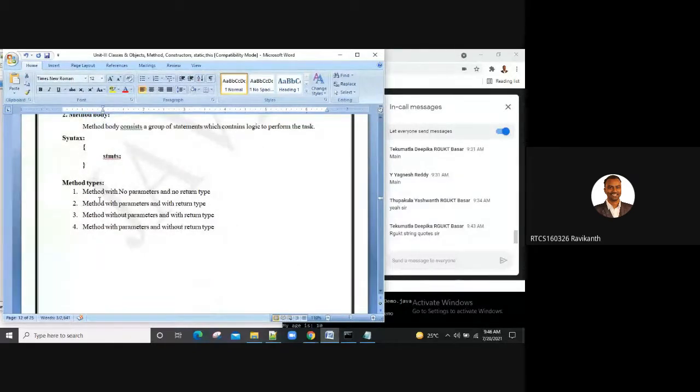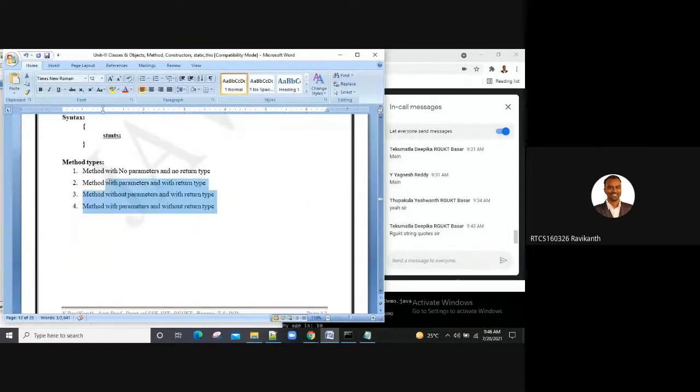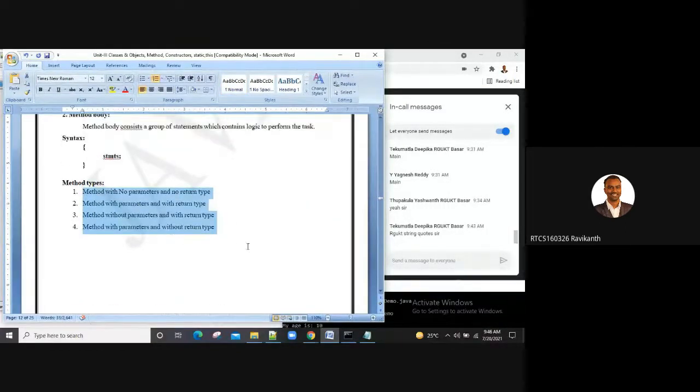So method types, again, there would be different types. Method with no parameters and no return type, with parameters and with return type, without parameters and with return type, with parameters and without return type. So all this, don't leave these concepts. I want you guys to try out at least one example on each.